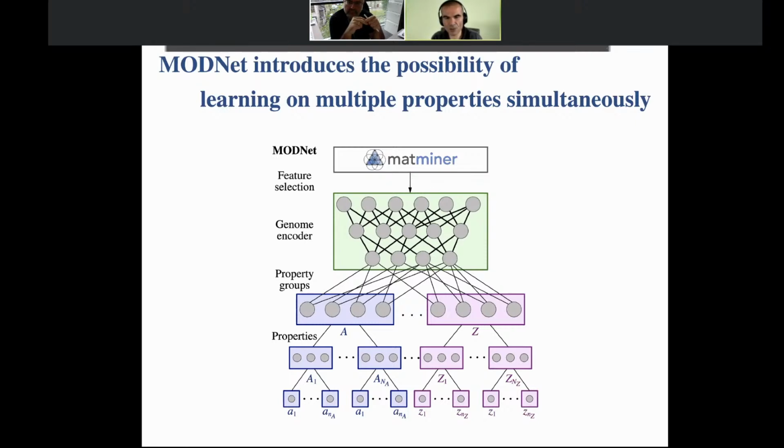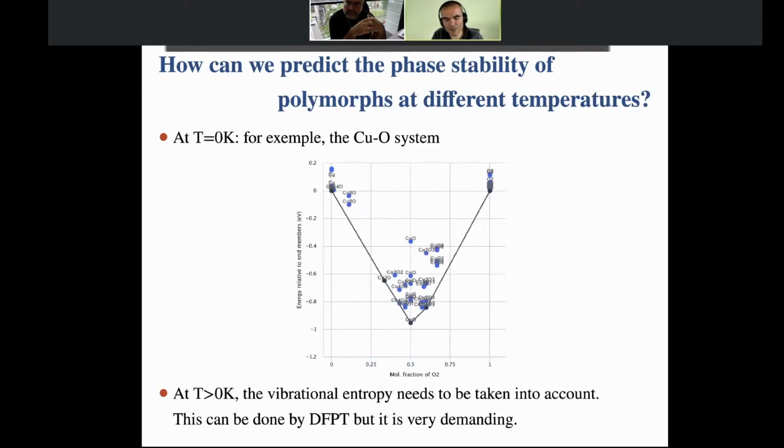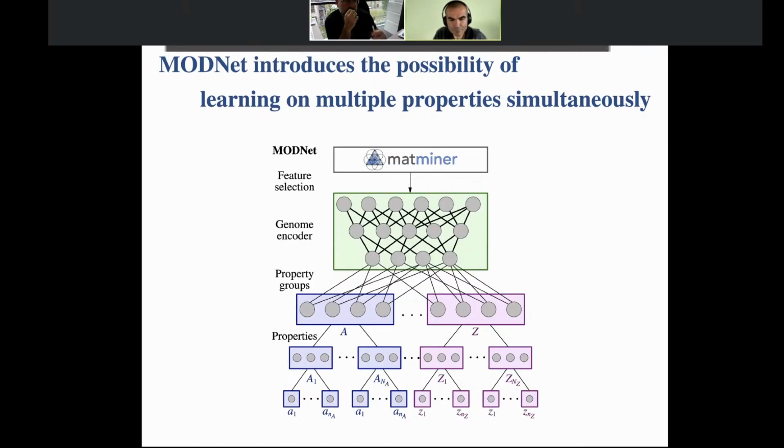And so what we do is that there is a part that is common to all these properties. That's the green box that you have here, which is going to be common to the different properties of the materials. Oops, I'm sorry, I went too fast. And then you have groups of properties that are common, so for instance, all the dynamical properties, whereas here you would have the formation energies, and then at the bottom here you have, for instance, the different temperatures.